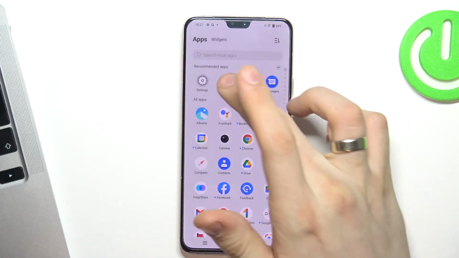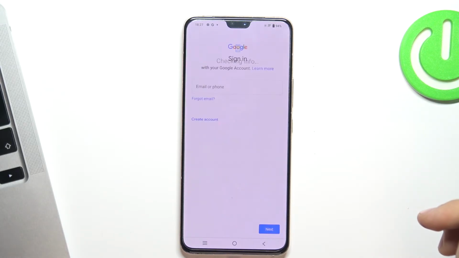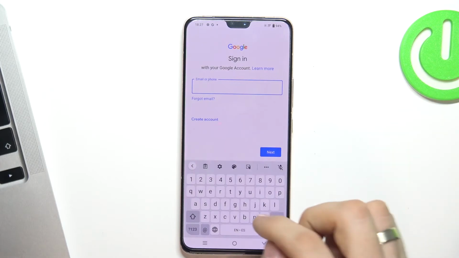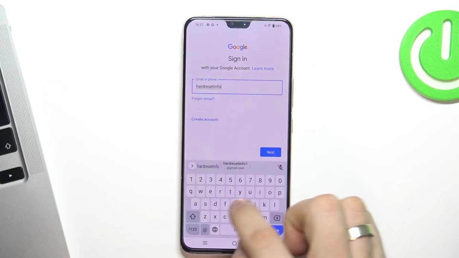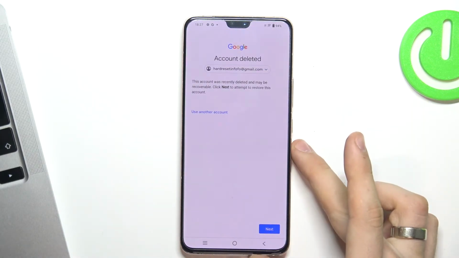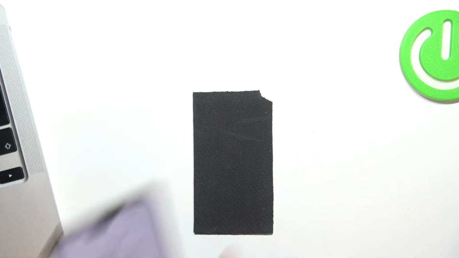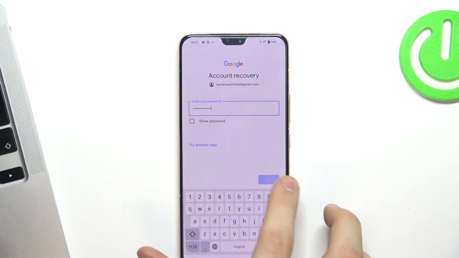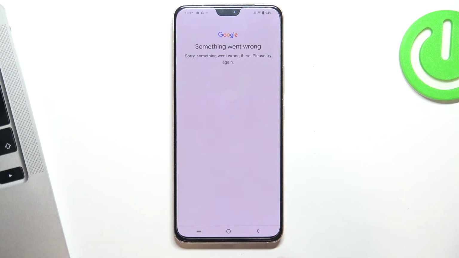To do it, open Play Store, click Sign In, enter your deleted email, click Next. You will see this message. This account was recently deleted, so just click Next, enter your password, click Next, and we will see a message that something went wrong,